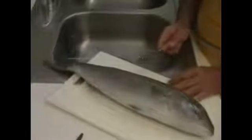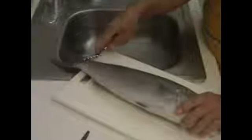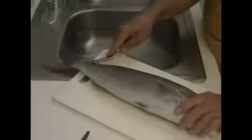In this segment, we're going to see how to scale a saltwater fish. The basic steps in scaling a saltwater fish is to lay the fish on its side on a cutting board, holding the head with the commercial scaler or a spoon in your hand. Stroke the fish starting from the tail up towards the head,